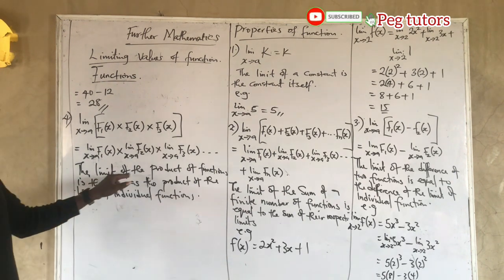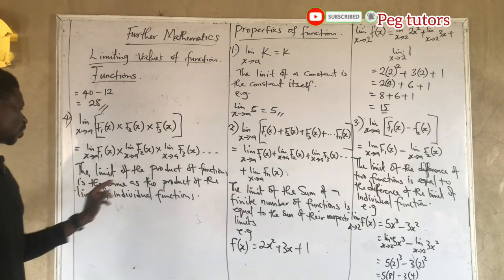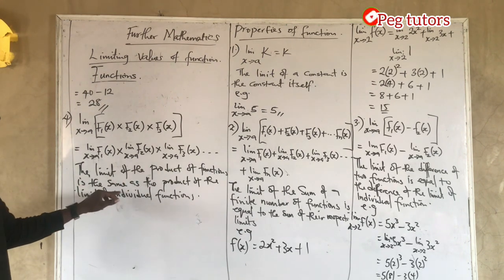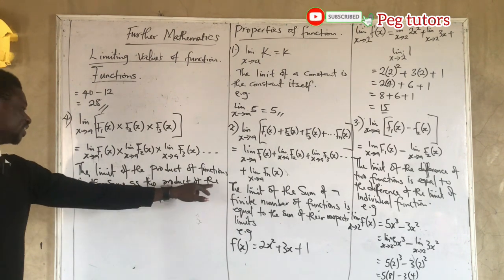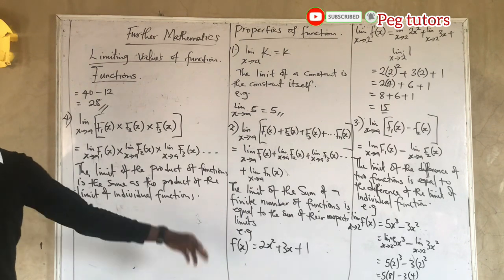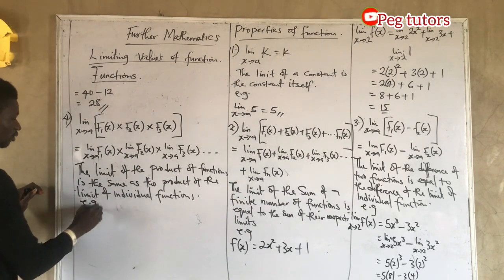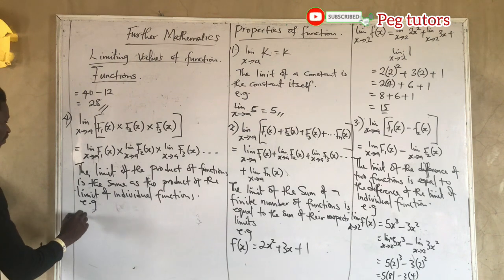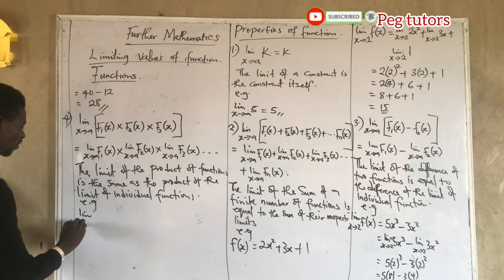Now, the limit of the product of functions is the same as the product of the limits of individual functions. For example, if we have the limit of f as x tends to